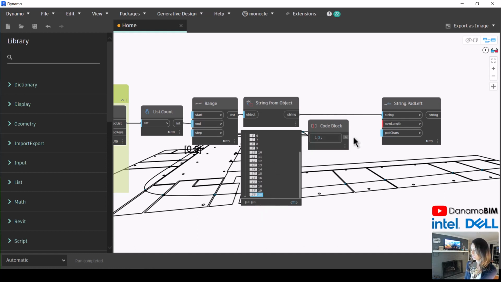Some of them need 2. And what character do we want to pad with? We want to pad with a single 0, so that the ones that need 2 will get 2, and the ones that need 1 will get 1. If we look at this here, we should get